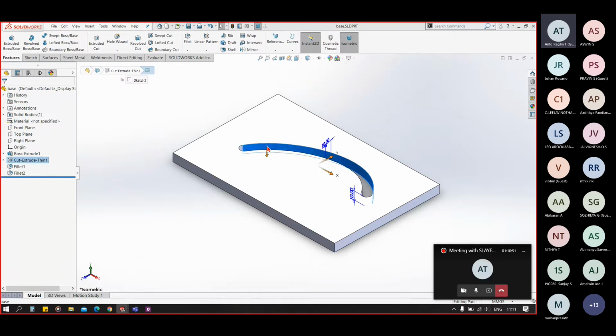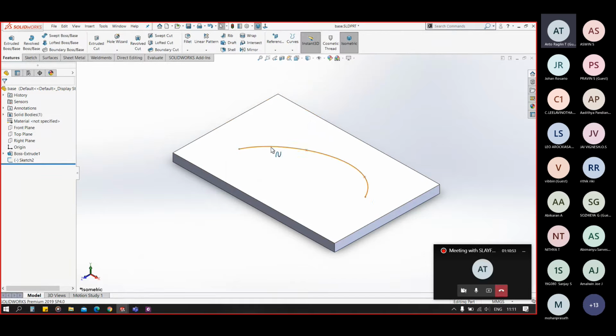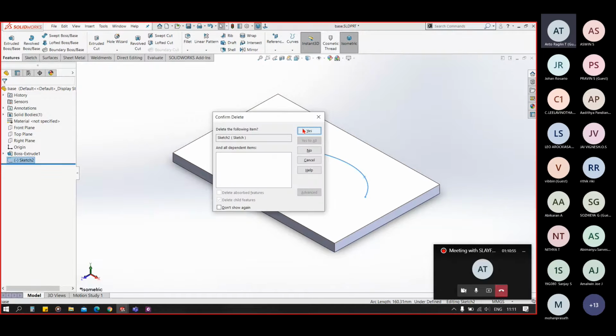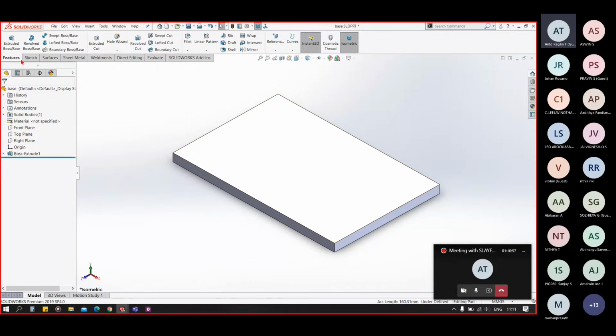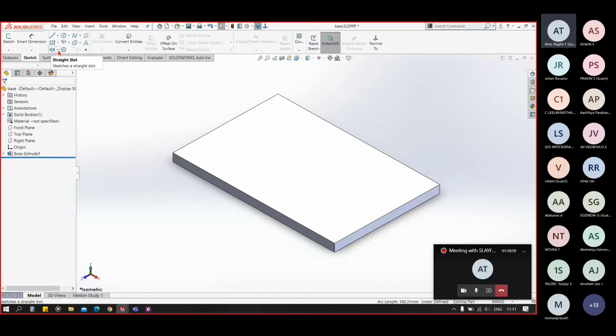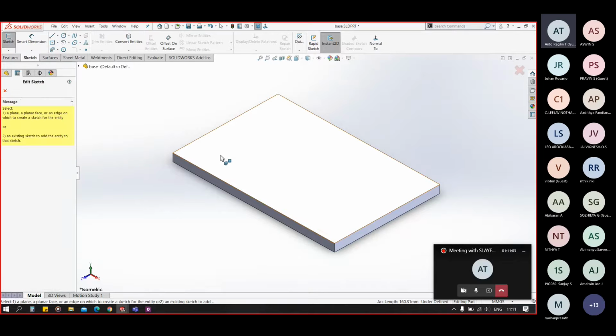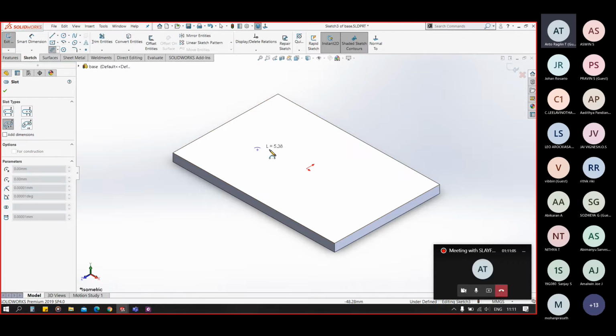We don't have to use cut extrude here. We have to use a proper slot here.